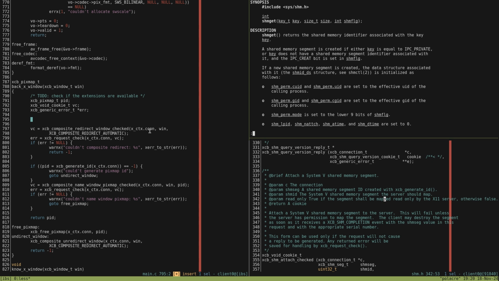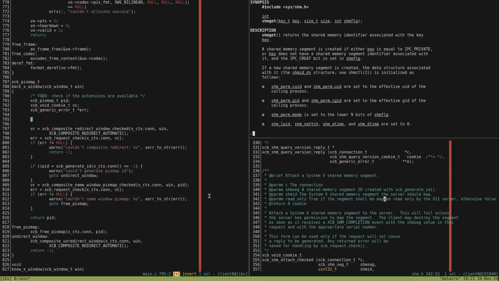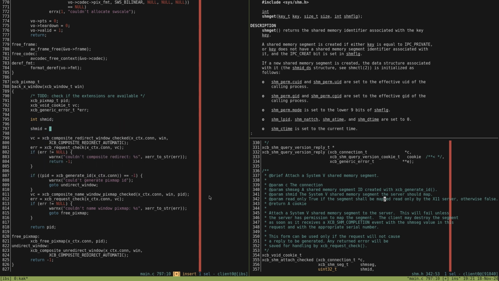A shared memory segment is created if either key is equal to IPC_PRIVATE or key does not have a shared memory segment identifier, and the IPC_CREAT bit is set in shmflg. What do they want me to do? They want me to just use IPC_PRIVATE and IPC_CREAT? Okay, sure. I can do that. Is this shmget? Yes, this is shmget. Okay, well, let's go shmid. And then we'll go shmid equals shmget, IPC_PRIVATE, size is